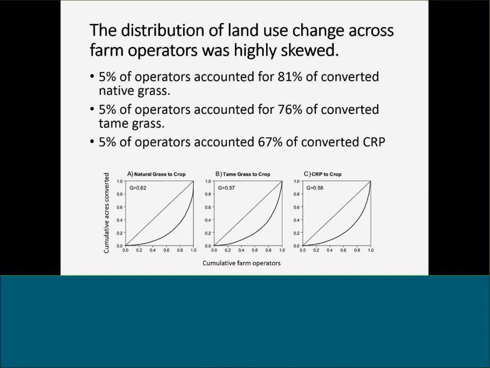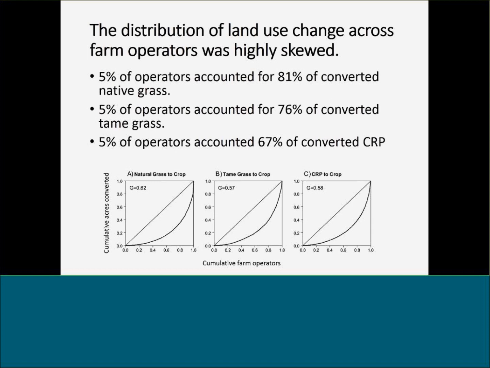And even if we look at that proportion of farm operators who are making conversions, there's a small percentage of those that's converting the most acreage. So, if we run the numbers, a total of only 5% of the operators account for 81% of converted native grass. 5% of operators account for 76% of tame grass, and those top 5% of converters account for 67% of converted CRP. And then down at the bottom, that's just a way to illustrate this with what are called